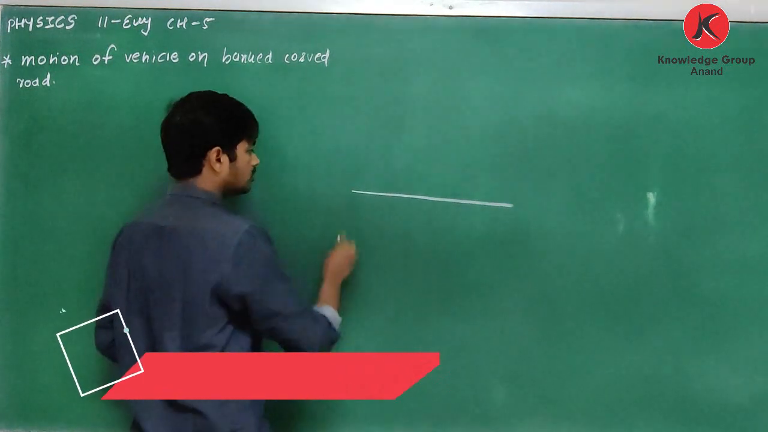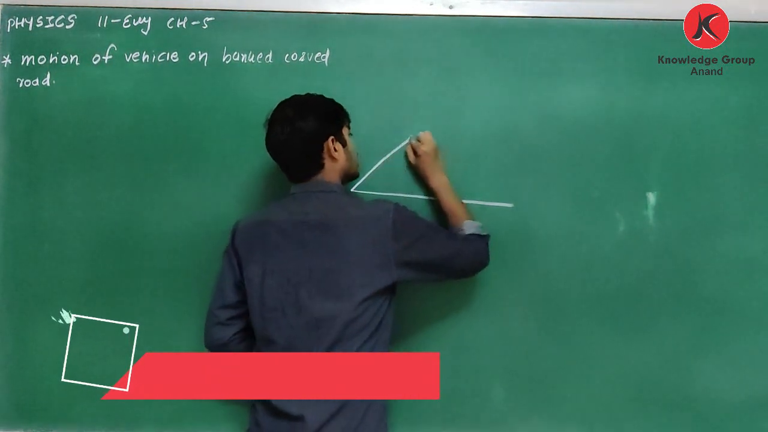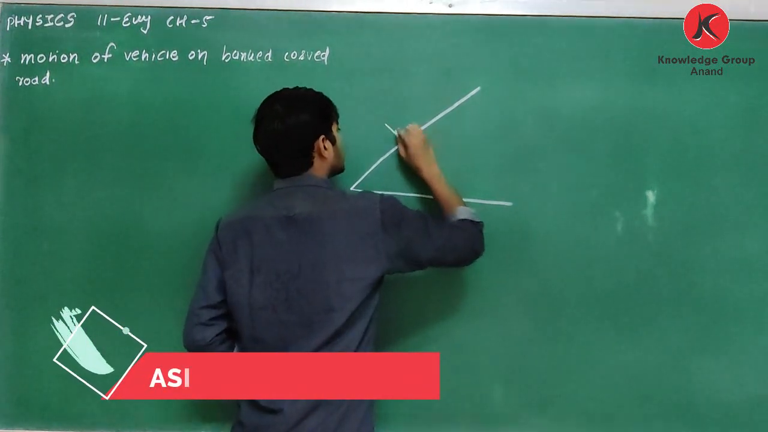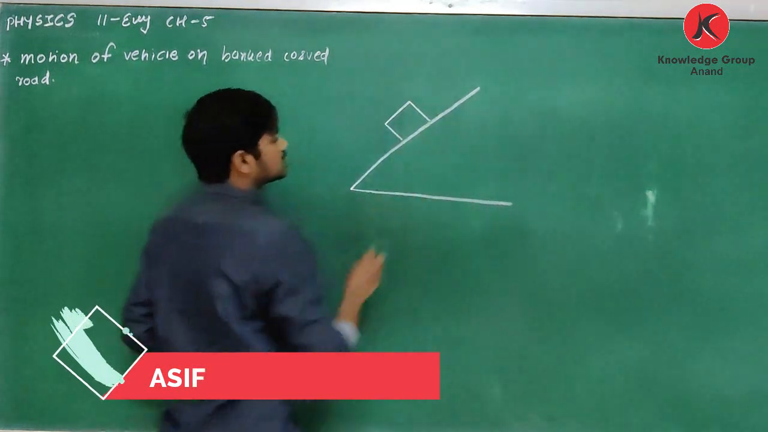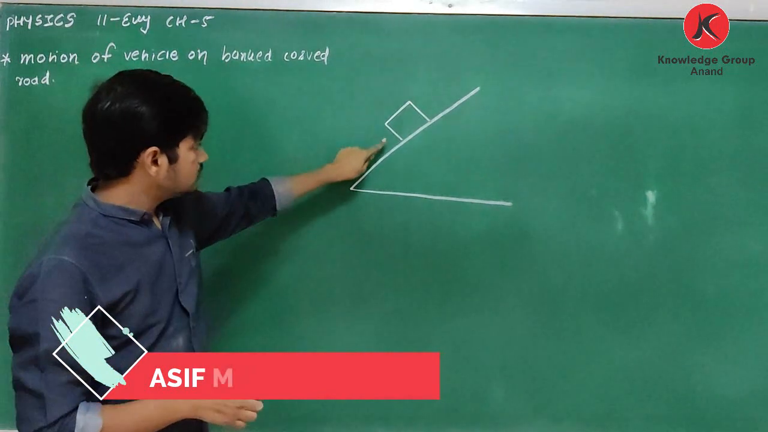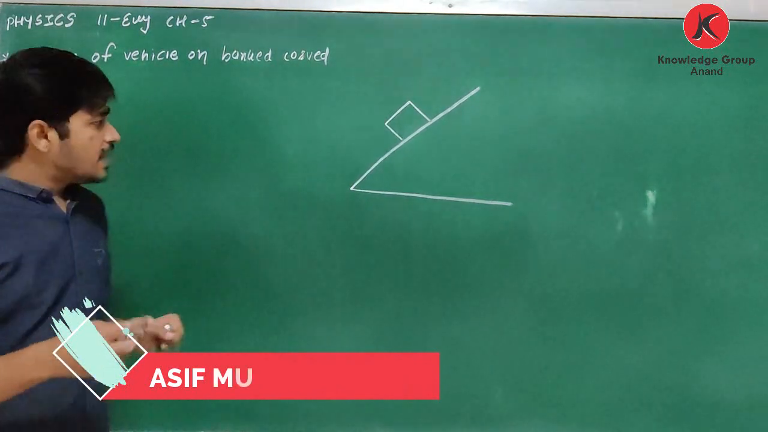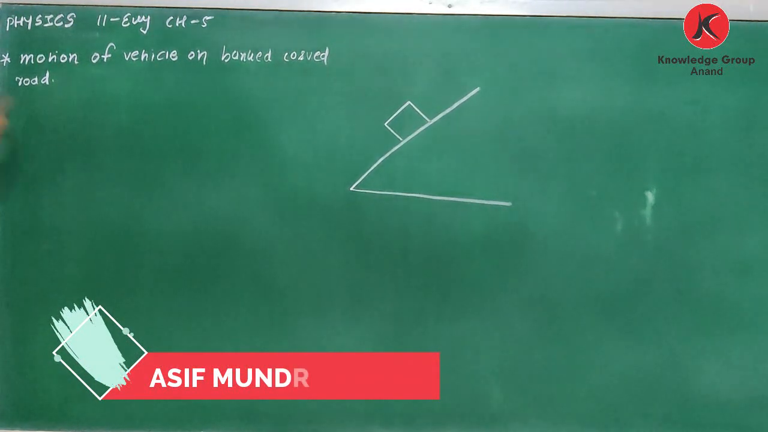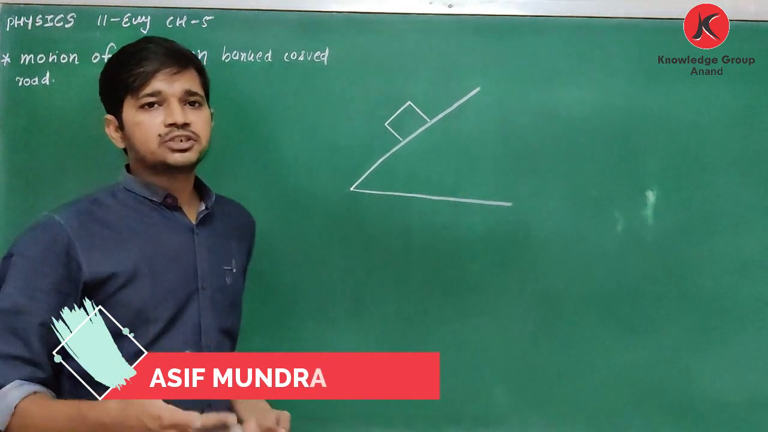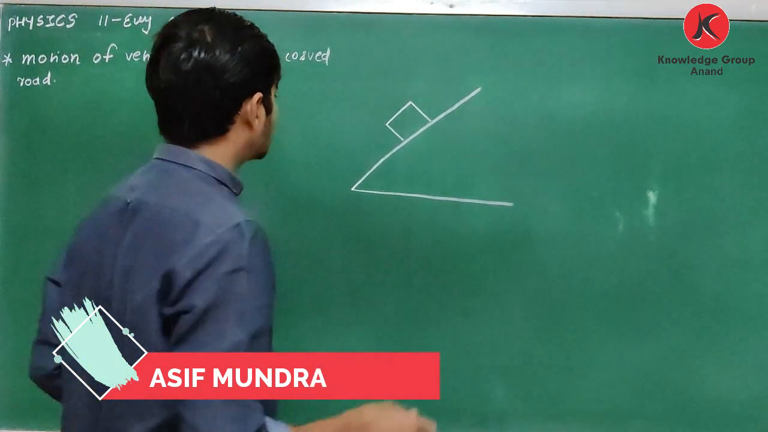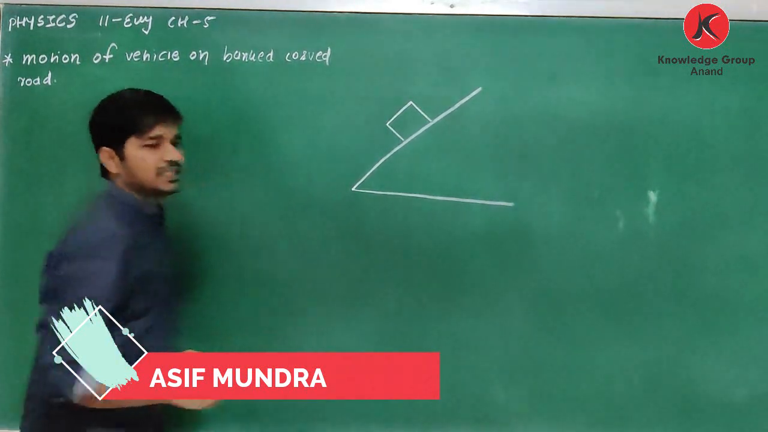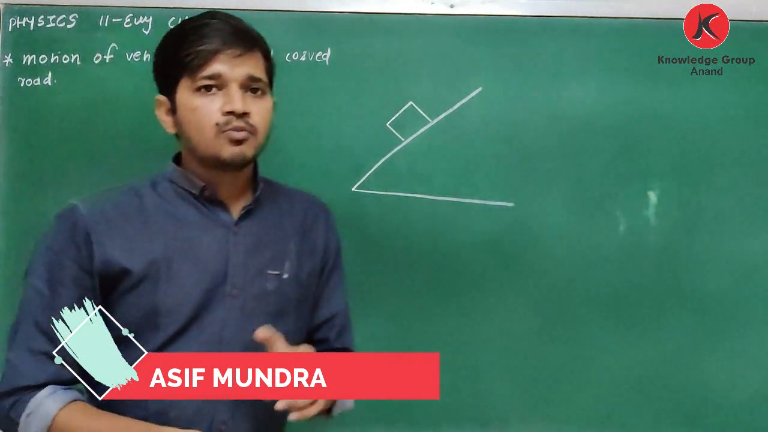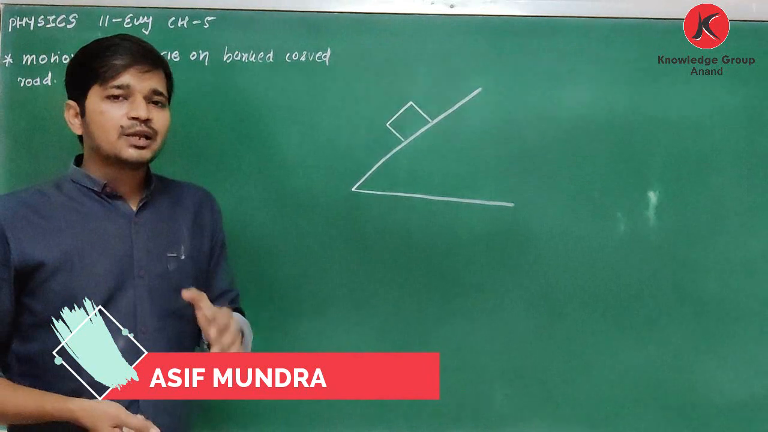If it is horizontal, and it is one inclined plane, also circular, and vehicle is moving on such bank curve road. Then your question is what is motion of vehicle on bank curve road? Means we have to obtain the equation of maximum safe speed. Clear about this? Okay. Now we know that in case of motion of vehicle on level circular road, the required centripetal